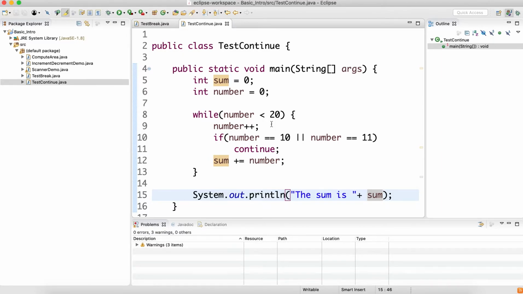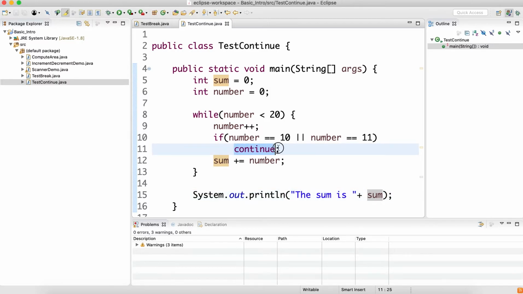So what it does is, while number is less than 20, it enters and then it increments the number, and if the number becomes equal to 10 or 11, meaning either of these is true, then it will enter here.